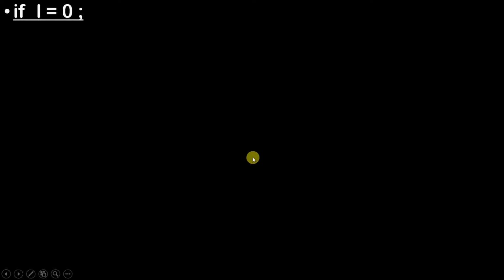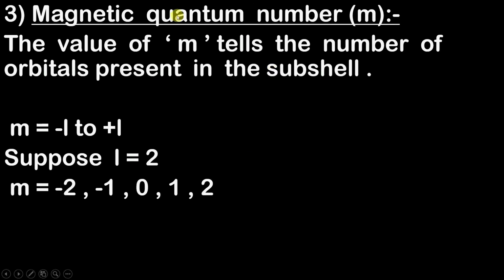Now moving ahead, in this magnetic quantum number, I have divided this magnetic quantum number into 4 basic cases, and these 4 basic cases are going to help you all to understand the complete magnetic quantum number. Now don't worry, those cases are very small and they are very easy, so there is nothing to worry about that. Let's understand the first case.